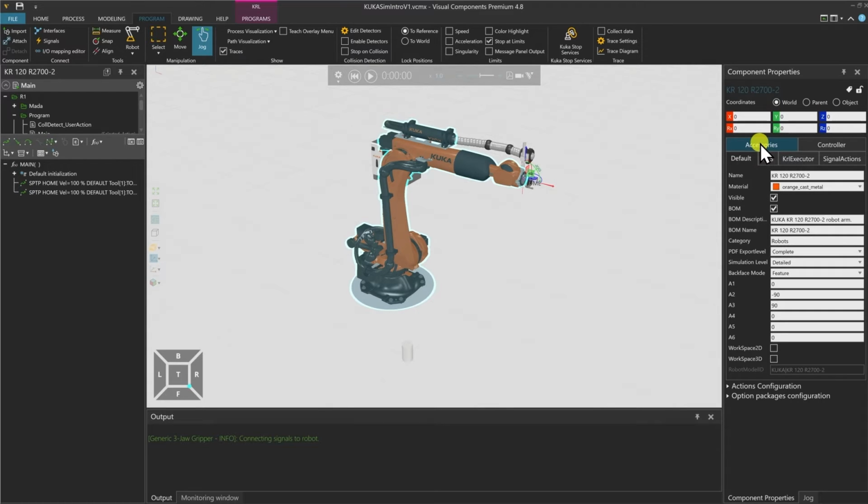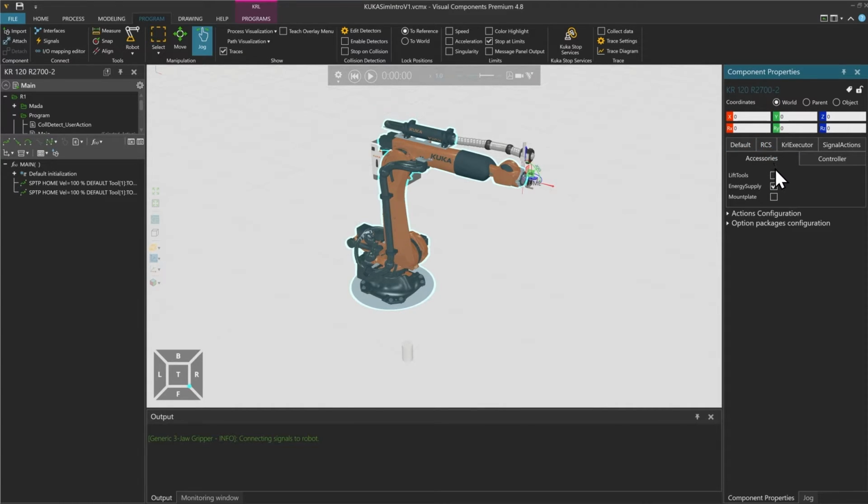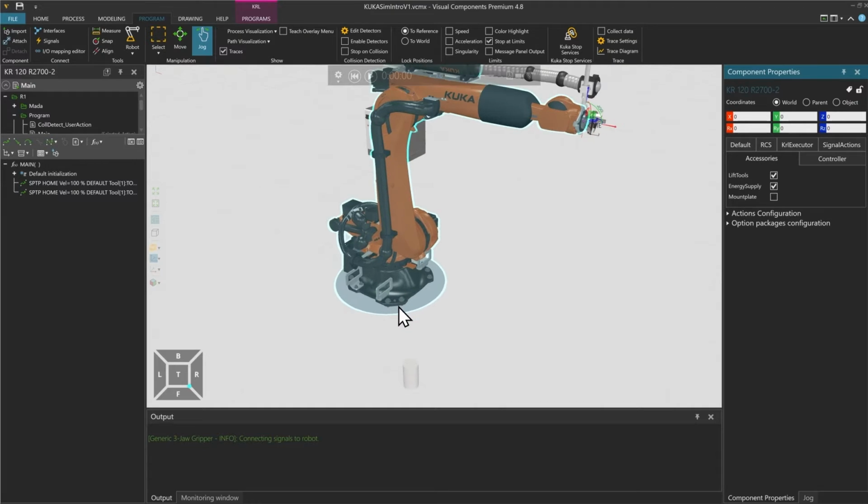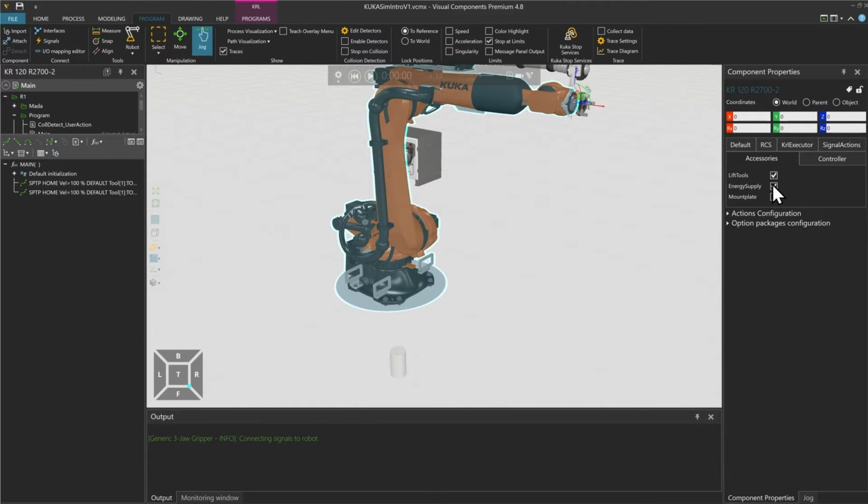Now let's have a look at the accessories. Here we can add lift tools, so the pouches where the forklift can grab our robot. This might be important if you design your layout, that you can also position your robot and then remove those lift tools afterwards.